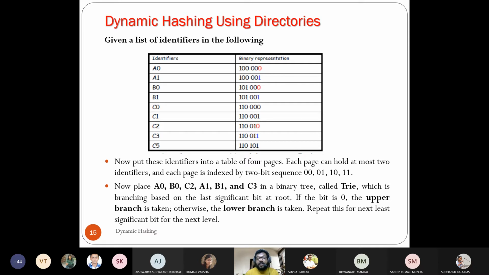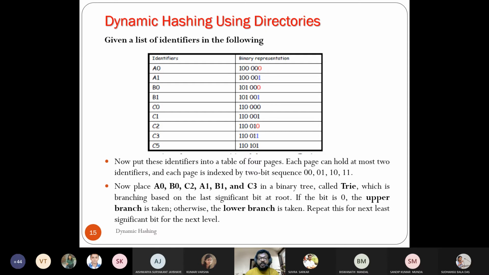So to explain the key values or identifiers, we take the help of a data structure called trie. The spelling is TRIE but it is pronounced as trie, which is a branching based on the last significant bit at the root.